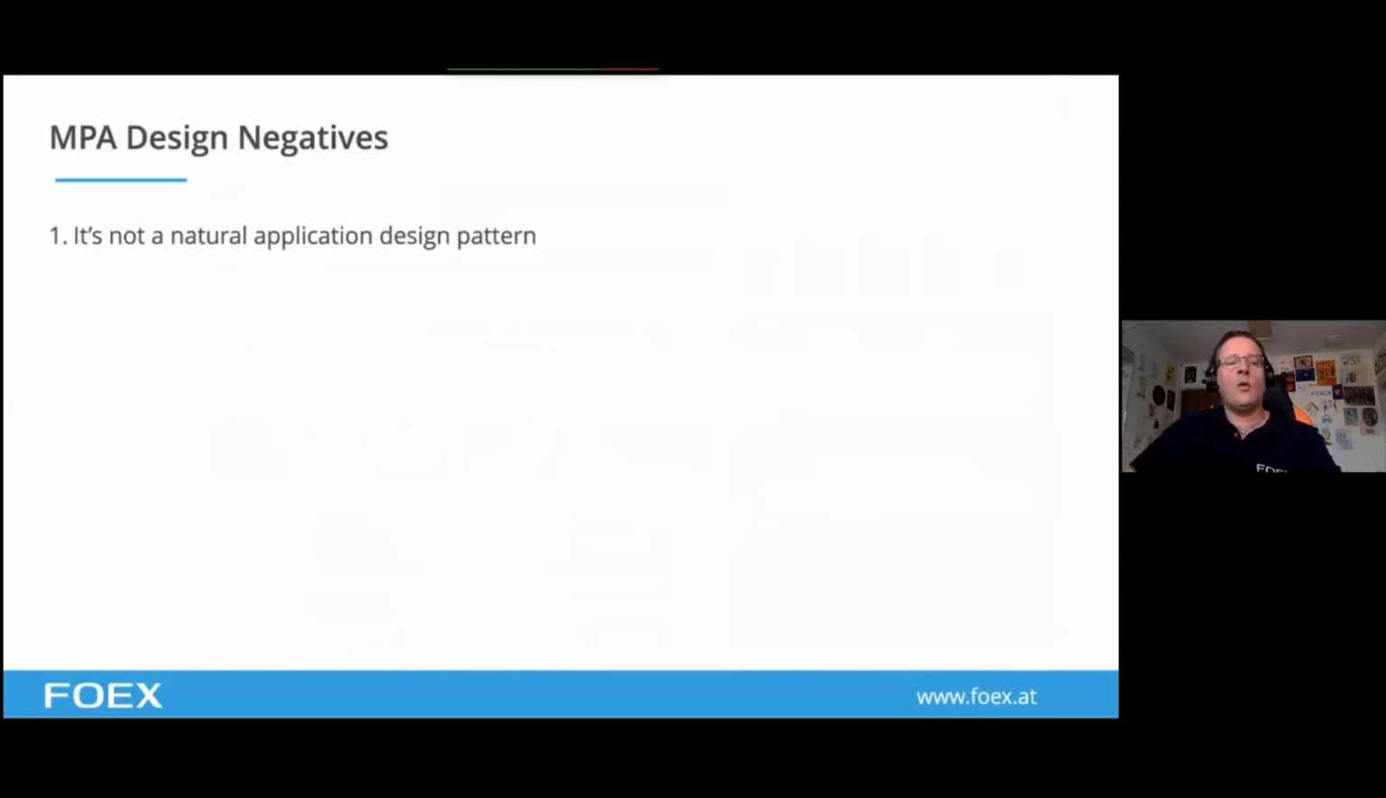All right, so what are some of the design negatives about multi-page application development? Well, the number one is it's not a natural design pattern. It's been adapted for the web. So, we never built desktop applications like this. I'm pretty sure people would be quite frustrated if their applications behaved in this manner, especially for very complex operations